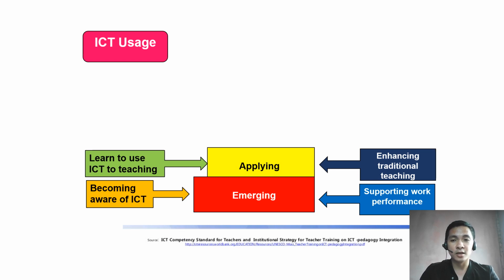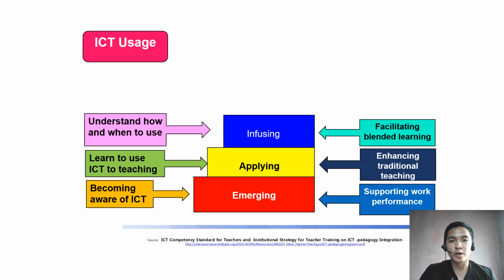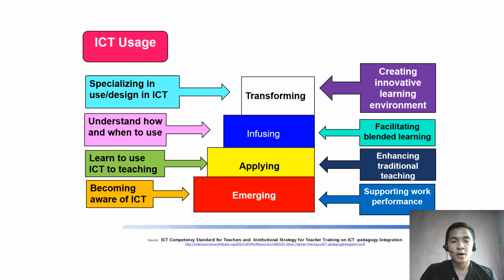The second is applying, wherein we learn to use ICT in teaching, and there is something to enhance traditional teaching. The third one is infusing, wherein we need to understand how and when to use ICT by facilitating blended learning. And the last one is transforming, wherein we need to specialize in using and designing ICT and create